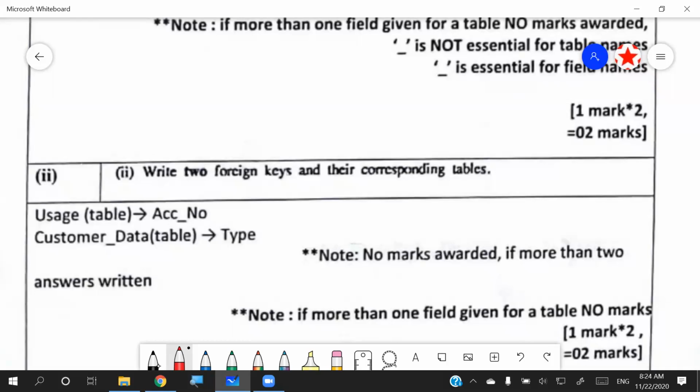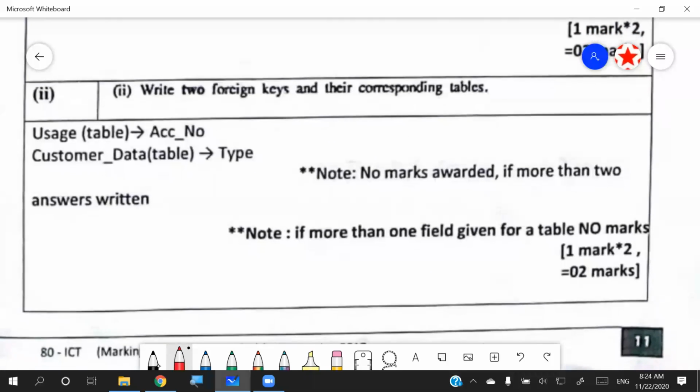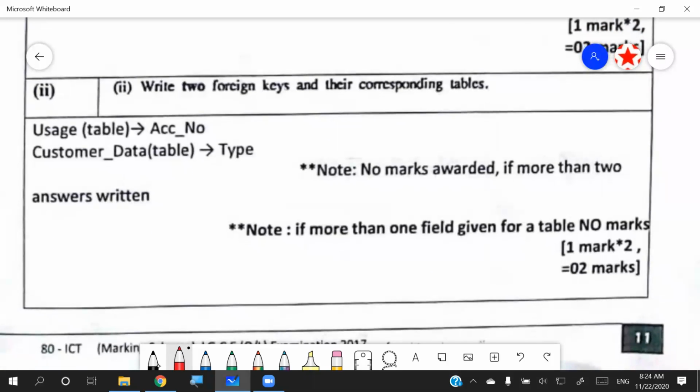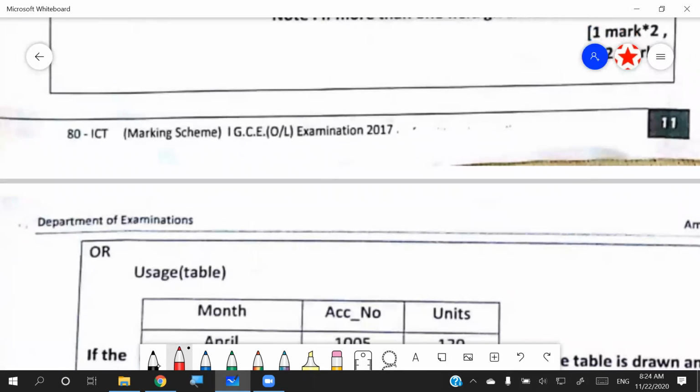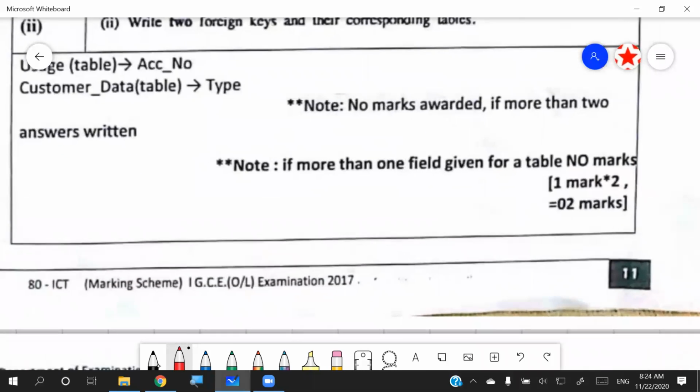Right, if those two are correct, you are going to take 2 marks. So the third part is asking